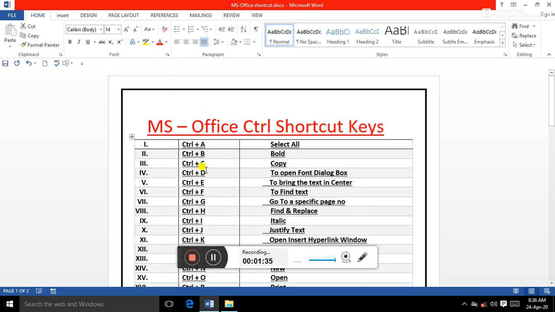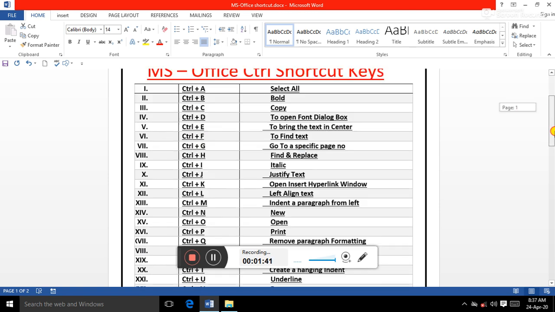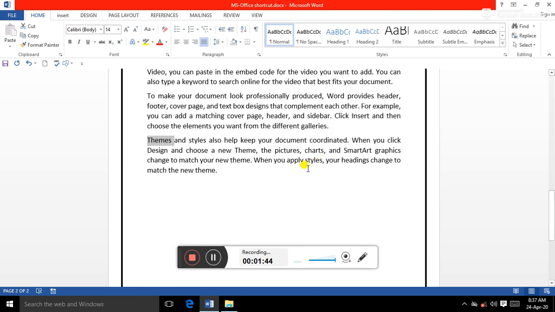Control plus C is a very frequently used command and it is used for copy. If you want to copy any text, document, file, paragraph or any single text, you can do it with the help of Control plus C. It is often used with Control plus V. Control plus V is the shortcut key for paste.